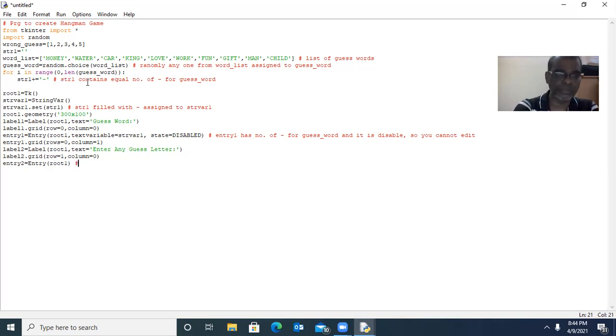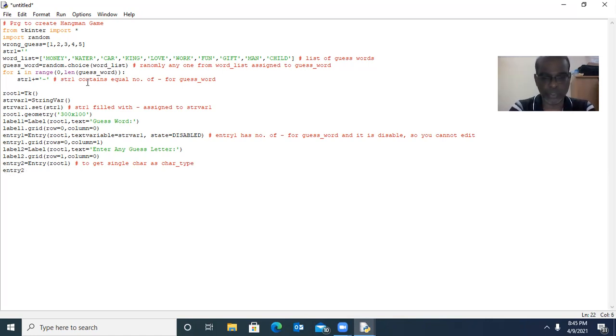This control is used to get a single character, single alphabet, as char type. I will explain what char type is afterwards. This entry 2 is used to get a single alphabet from the user. This should be placed over the top level window.